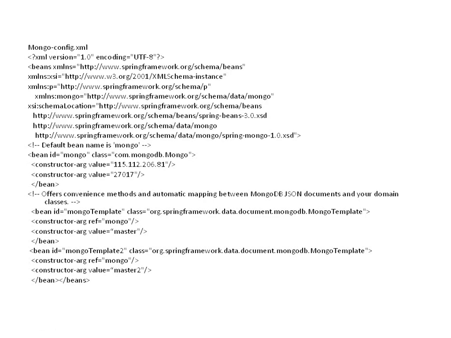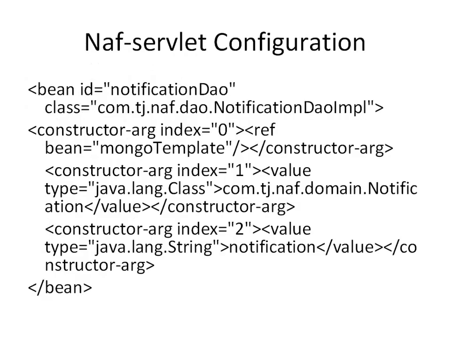So this is the configuration of Mongo, in which we define where my server is running and what all templates are there to connect to whichever databases. Now let's see my configuration of the servlet. Here I have a DAO in which, in the constructor of that DAO, I define which template to use. So now I know which server and which database my DAO is connected to.